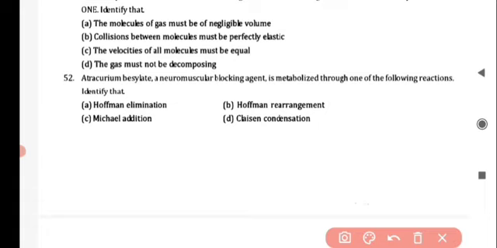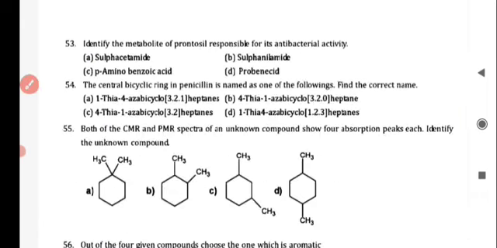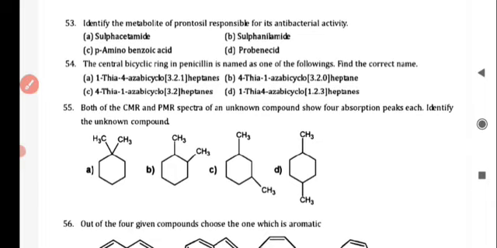Next question is atracurium besylate, a neuromuscular blocking agent, is metabolized through one of the following reactions. Identify that. And the correct answer is option A, Hofmann elimination. Next question is, identify the metabolite of prontosil responsible for its antibacterial activity. And the correct answer is option B,